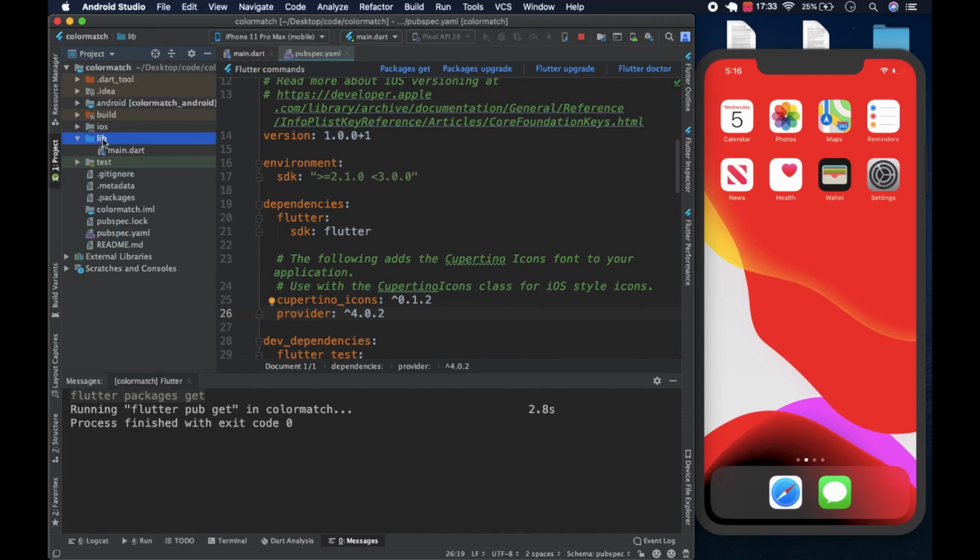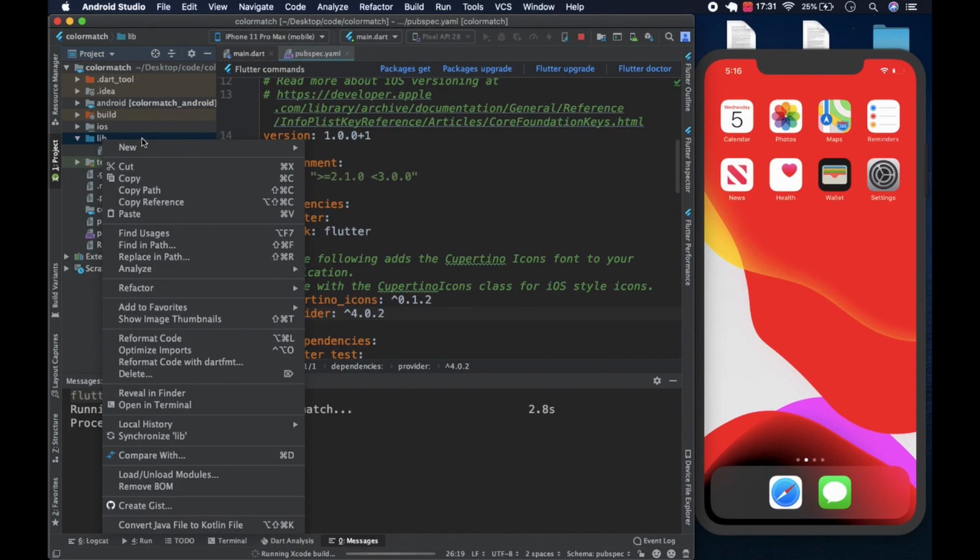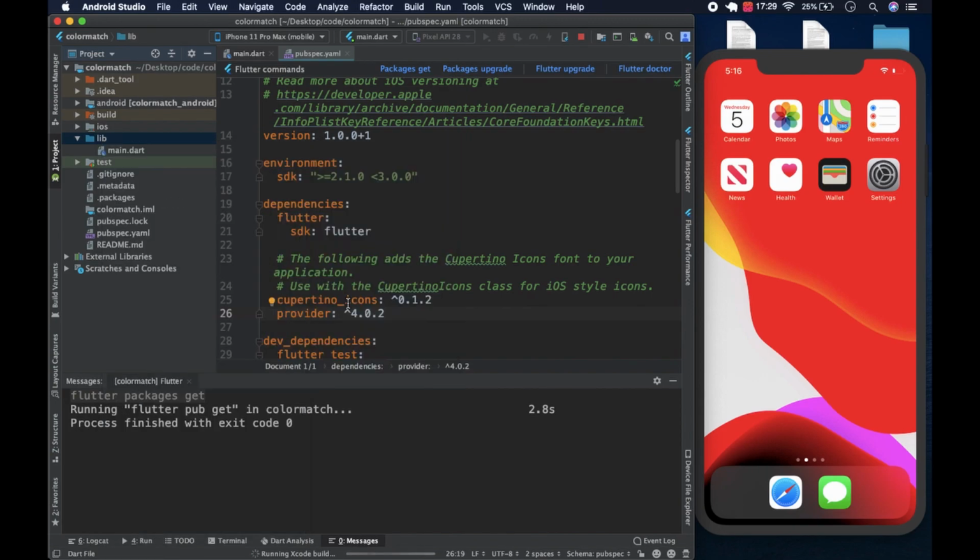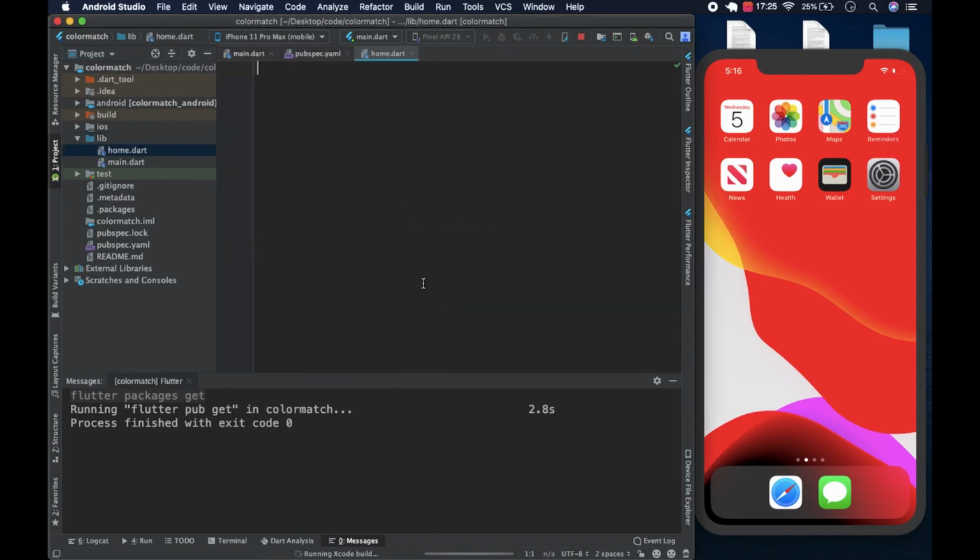And one thing we could start with is create a file. We'll call it home.dart. So we create home, which will be the home of our app, and I believe this will be a stateless widget. We could start things off by importing the